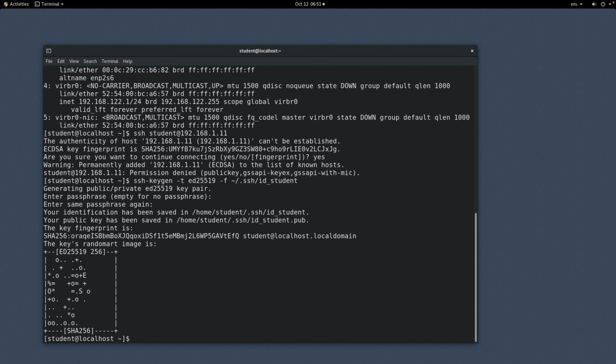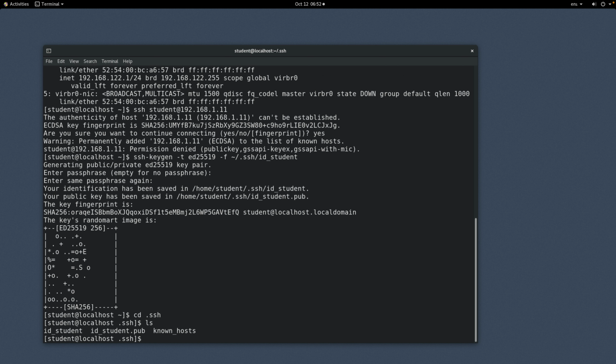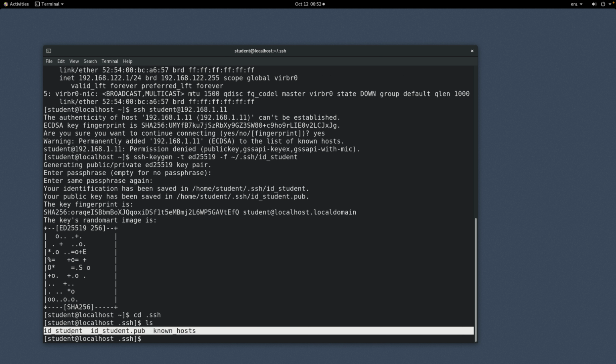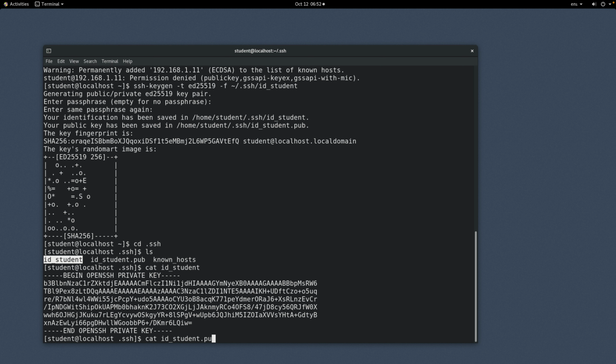Oh, I actually got it. I have no idea if I typed it correctly the first time. So now you have the key. If you go to this .ssh folder, you will see the key you just specified before. This is your private key,